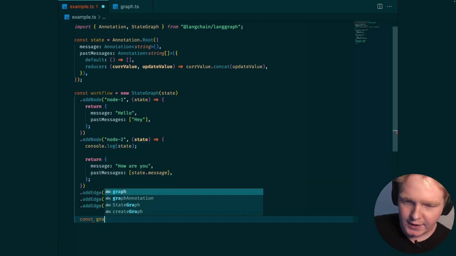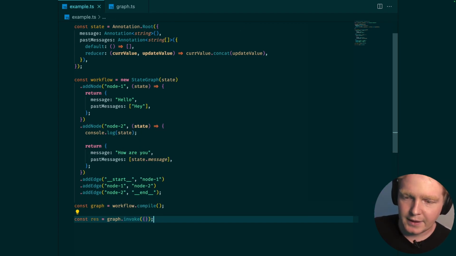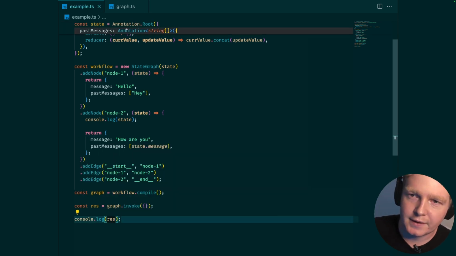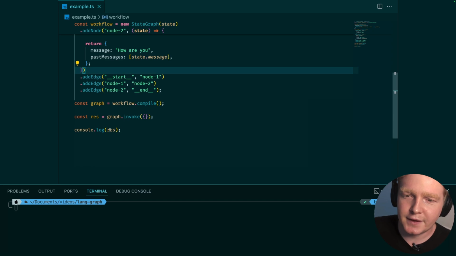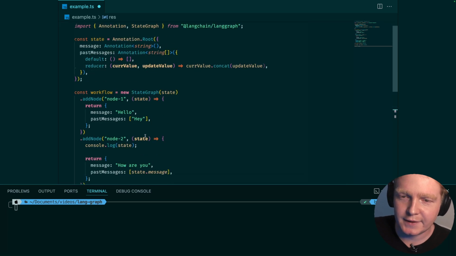So let's create it. graph = workflow.compile. And now we can call graph.invoke and log out our result. Let's run it and let's see what the output is. And after we've invoked the graph, this result will be the final state. Let's just